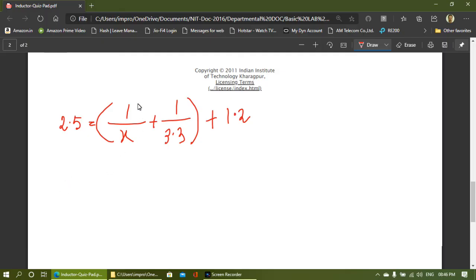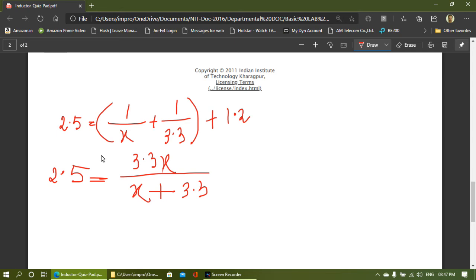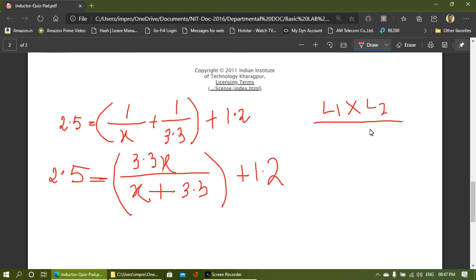So by simplifying this equation, this parallel network equation first, we can write 2.5 Henry is equal to 3.3x by x plus 3.3, plus 1.2, because we already know if two coils are in parallel then we will get the effective inductance in this way,